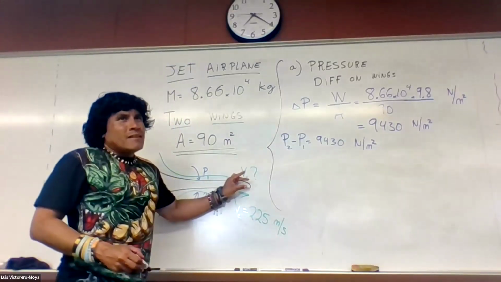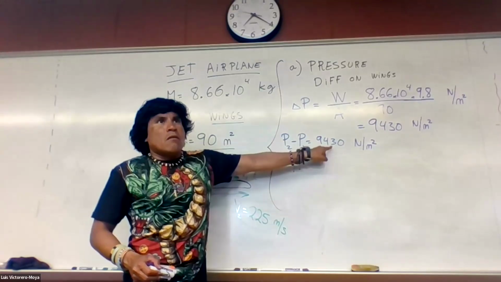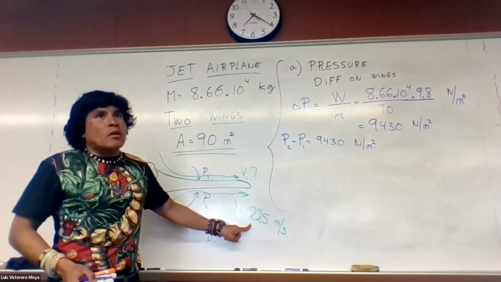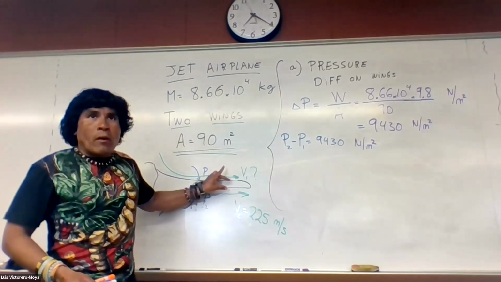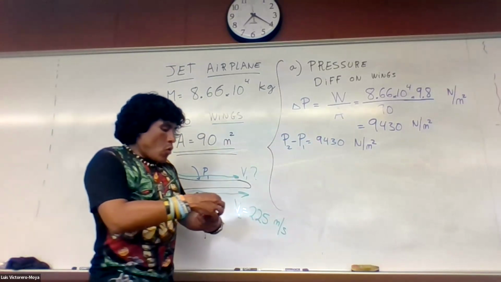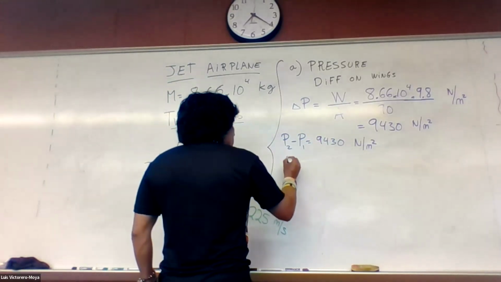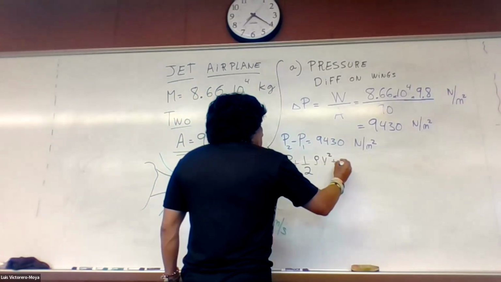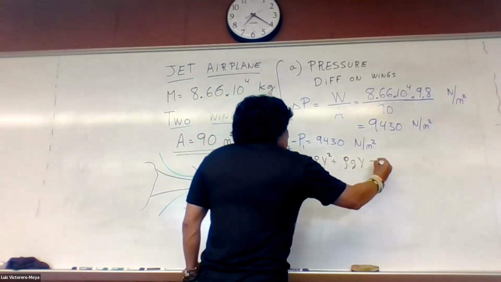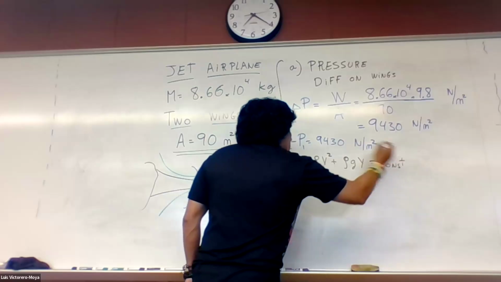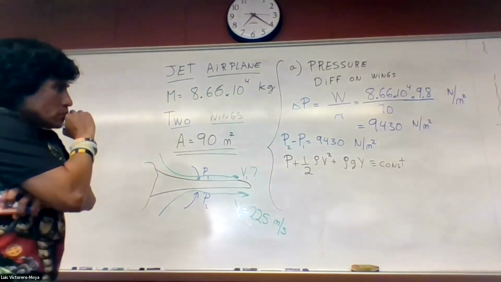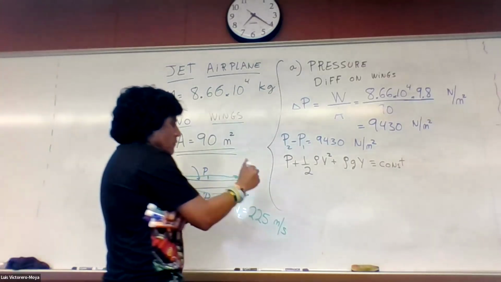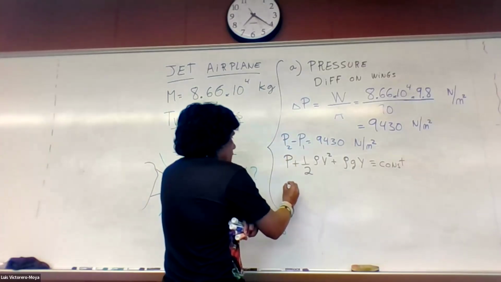And because of that large value and this value of the speed, it makes sense to ignore the levels y1 and y2. So you remember, P plus 1/2 rho v squared plus rho g y is constant. So if I ignore the y difference,